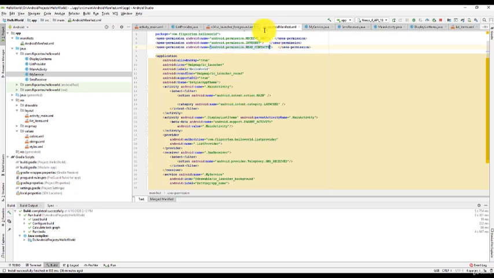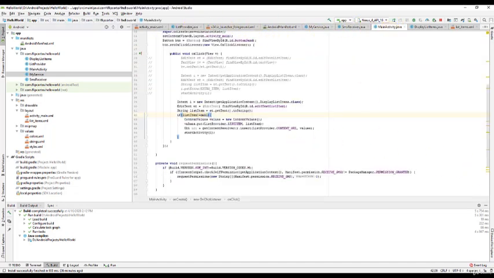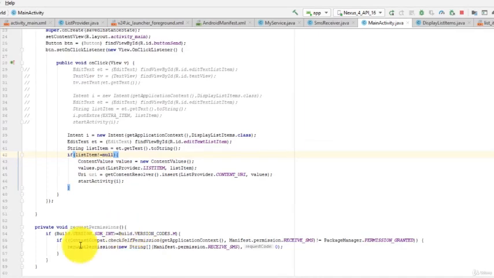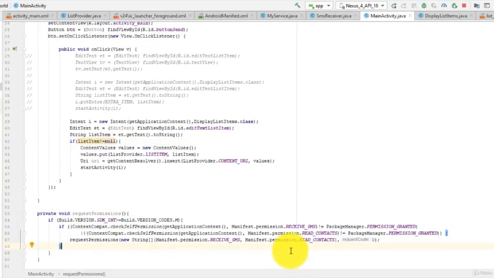Now, besides adding to the manifest, we need to prompt the user to allow read contacts. Let's just update the method we wrote before to add the new permission. So go to main activity, go to request permissions, and change it like so. Okay, so here just copy and paste the code.